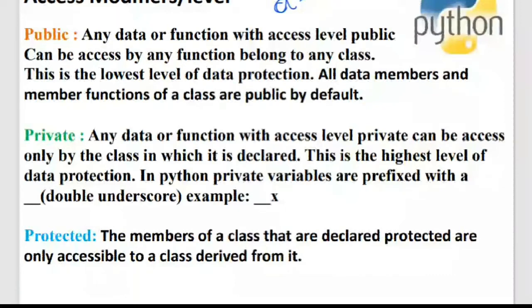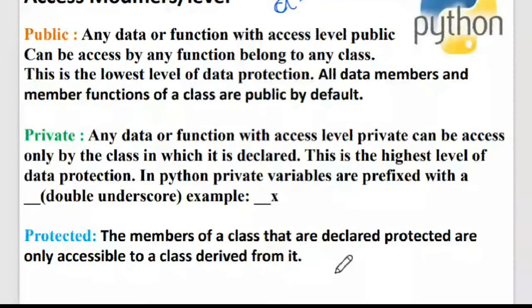The other one is the protected access modifier. You also say access modifiers, access specifiers, all these are synonymous. Now coming to protected, protected is a concept which is associated with inheritance. Since we don't know what inheritance is, you won't be able to understand this protected concept. We'll discuss protected in inheritance. Let me just give you a tinge of inheritance.